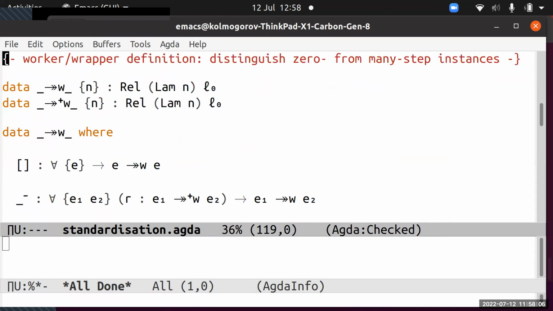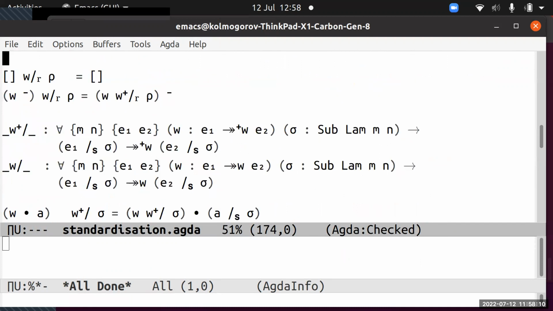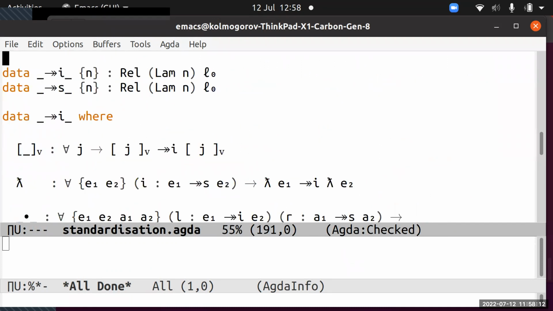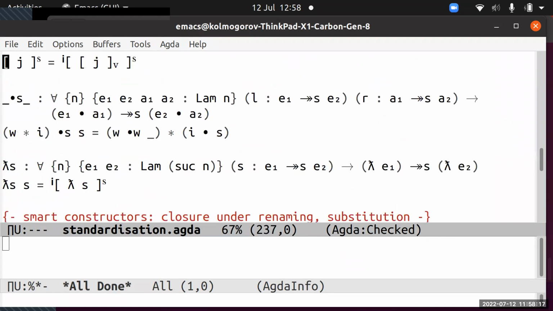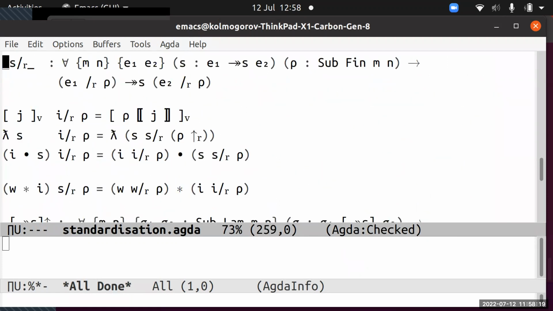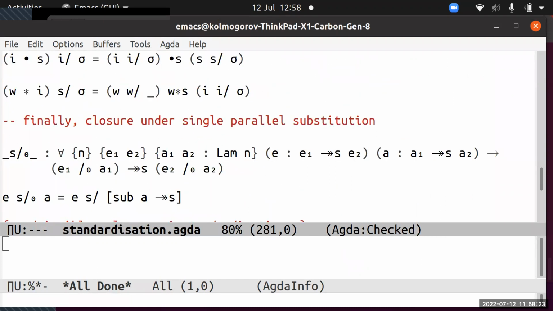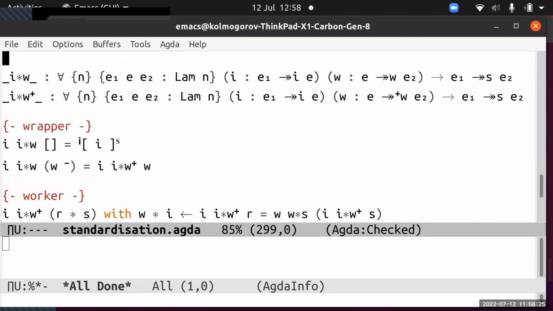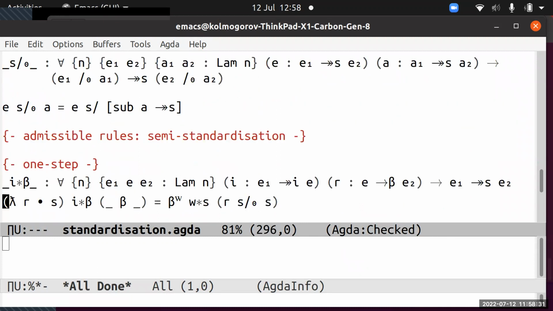And I'll get there. I should have had this set up earlier, sorry. Got to go a long way, you see. Long way. Where's beta? Where's I star beta? Oh, come on.